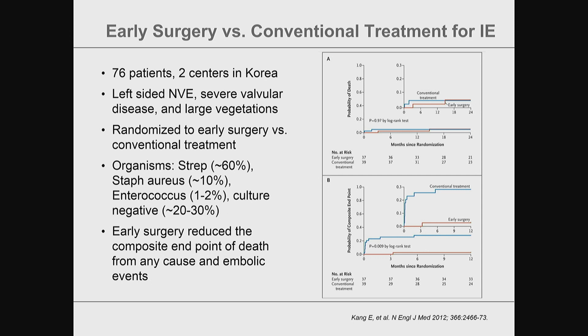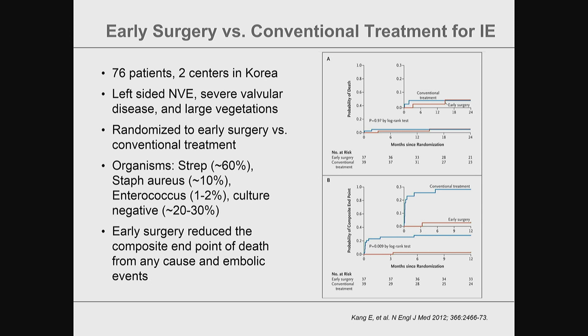There were 76 patients in the study. It involved patients that had left-sided native valve endocarditis with severe valvular disease and large vegetations. The patients were randomized to either early surgery or conventional treatment. 60% of the cases were due to streptococcus, only 10% were due to Staph aureus, very few were due to enterococcus, and then they had a larger than usual percentage that we're used to seeing for culture negative of about 20 to 30%. The primary endpoint was a composite of in-hospital death and embolic events that occurred within 6 weeks